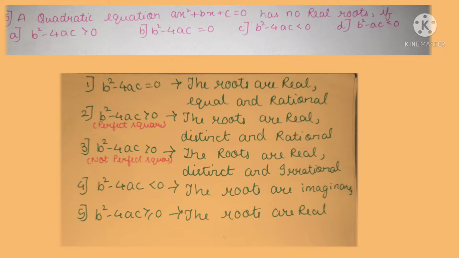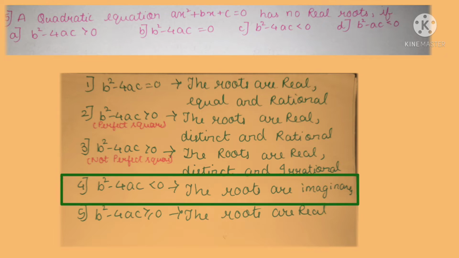Over here they have mentioned in the question as no real roots. When b square minus 4ac is less than 0, then only we will get no real roots. It means it definitely has imaginary roots. For this question, there is a deep explanation about this concept, so that's why I have made a separate video. In the description box I'll provide a link, just go through it. If there are any queries, don't forget to comment.